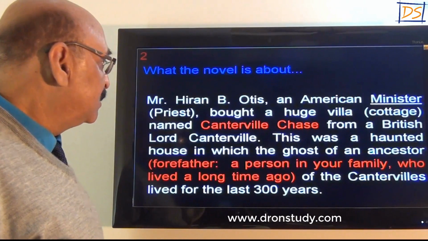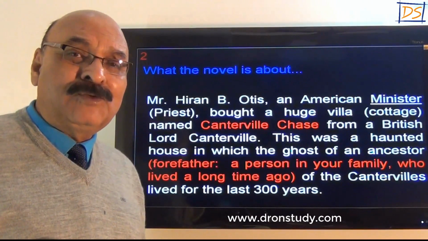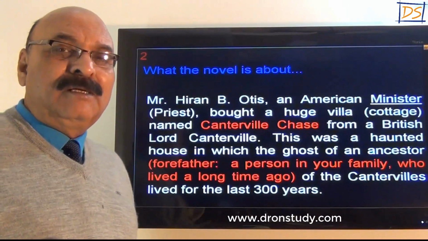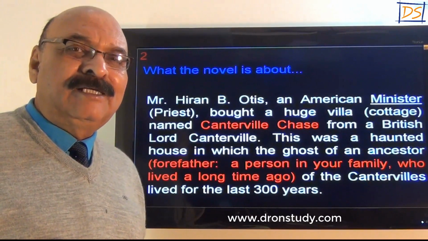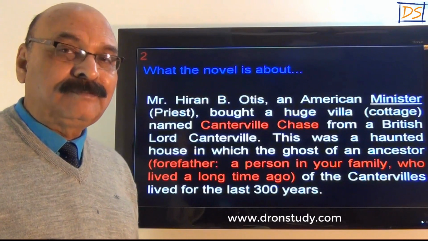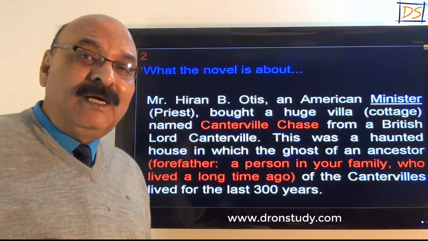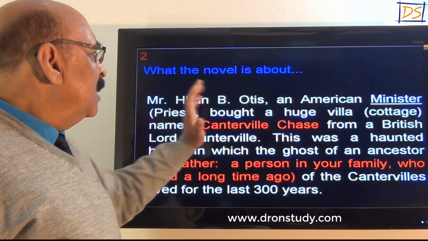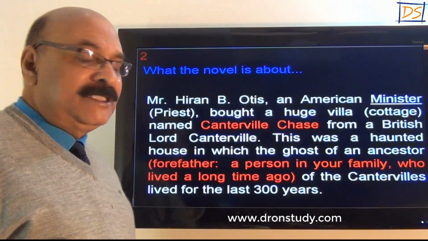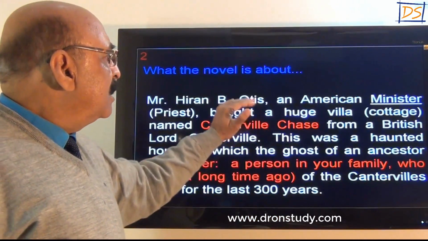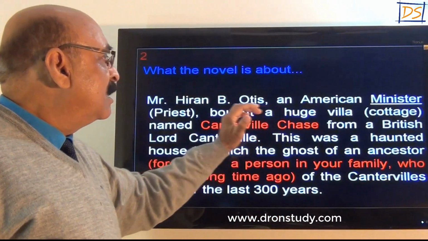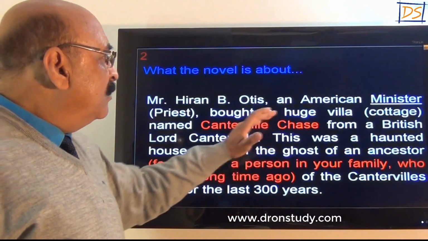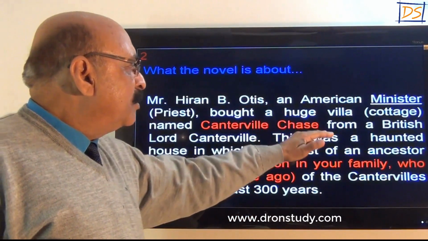A villa is a cottage, of the kind found in farmhouses in the countryside. Villa may be in a city also, but usually a villa is a huge house having gardens, parks, etc. The name of that huge villa was Canterville. And Mr. Hiram B. Otis was an American priest, and he purchased that house from British